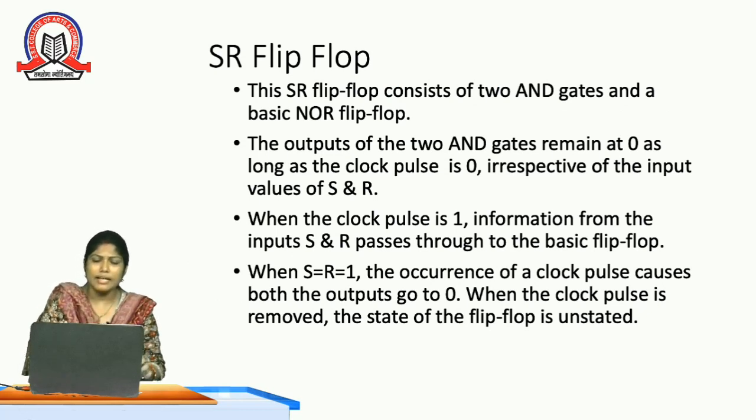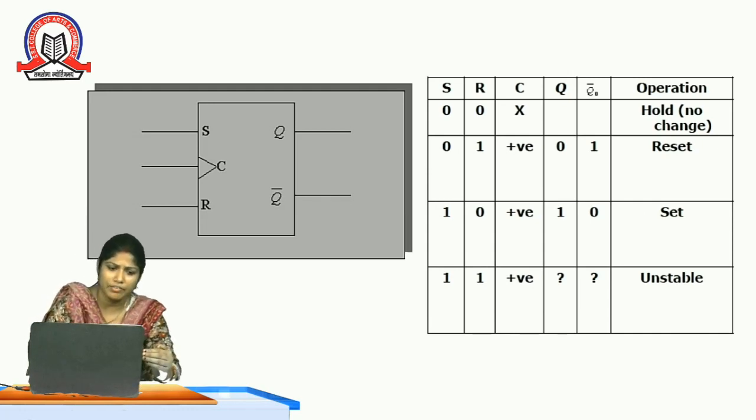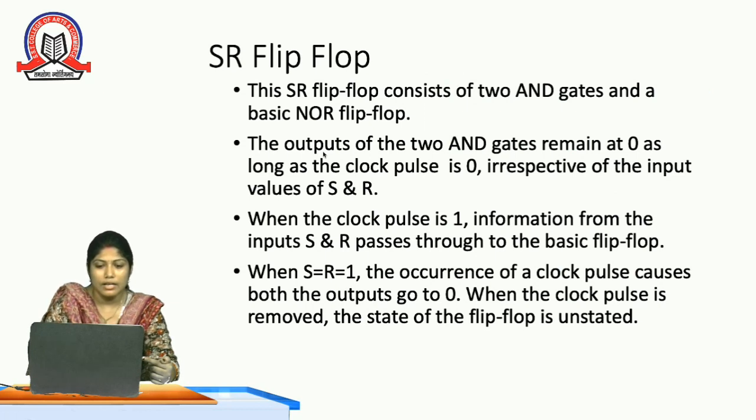We are considering SR flip-flop. SR flip-flop is nothing but set reset flip-flop. When I talk about set reset flip-flop, we can say the symbolic representation of set reset flip-flop, where we use clock signal, two inputs S and R, and the two outputs are Q and Q bar. So the operation for the same is shown in the truth table. Before that, we are using two NAND gates. When we have to design SR flip-flop, we can use two AND gates or NOR gates, and the initial state we have to take two AND gates.